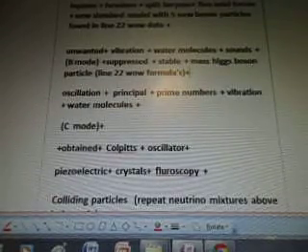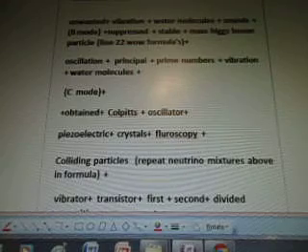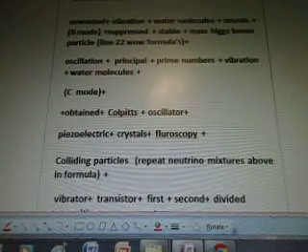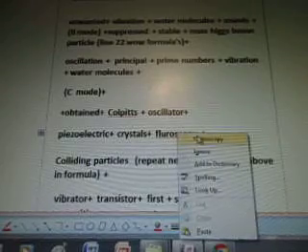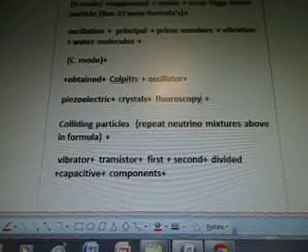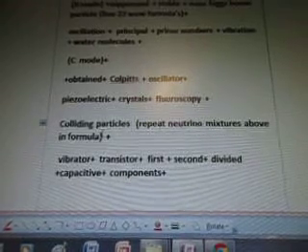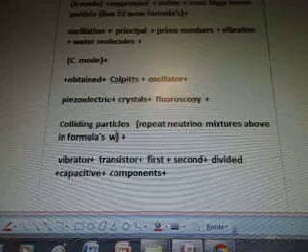Oscillation principle, prime numbers, vibration, water molecules, C mode, obtained Colpitts oscillator, piezoelectric crystals, fluoroscopy. I think that's spelled wrong. Yeah, there's supposed to be no there. Colliding particles. Repeat the neutrino mixtures above in the formulas from line 22